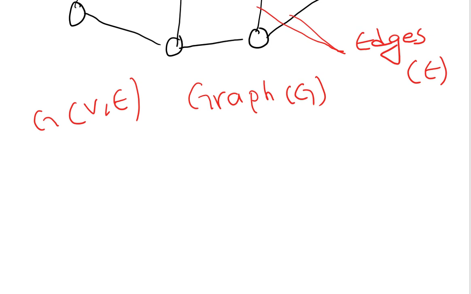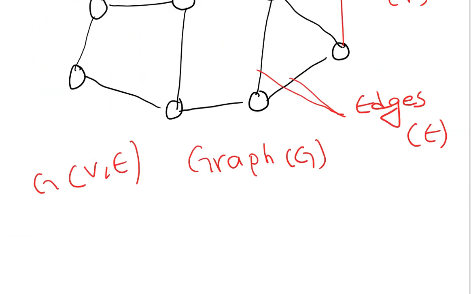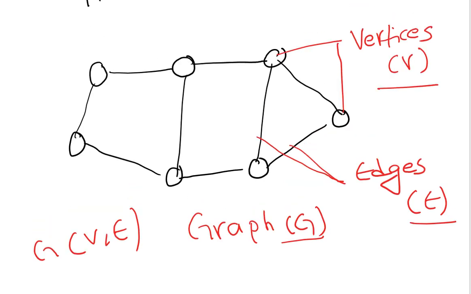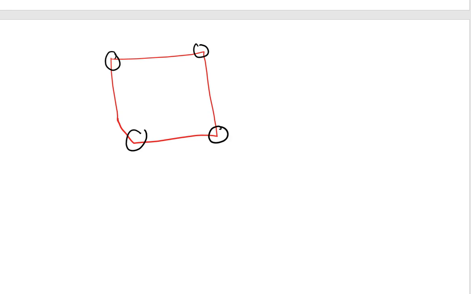Now let me represent one example. The graph I am representing with G, edges with E, and vertices with V. In one graph there may be many vertices and many edges. So how can we name the vertices and the edges? Let me say the graph can be named G. Let me draw one example. This is also a graph. Here we have 4 vertices and 4 edges. I am naming the vertices A, B, C, D. This graph may be G.